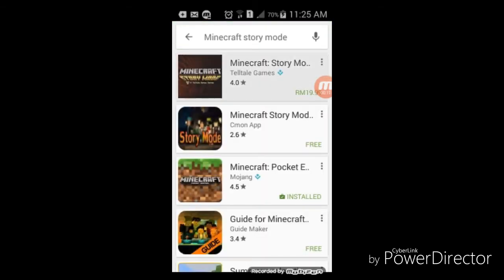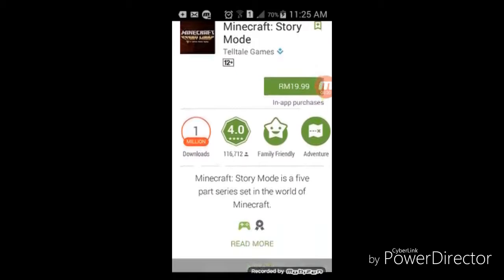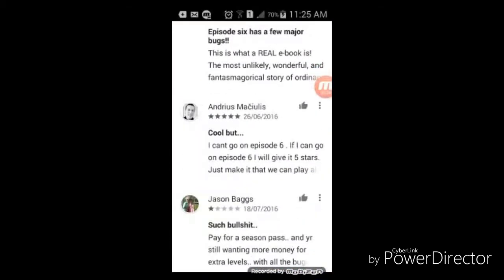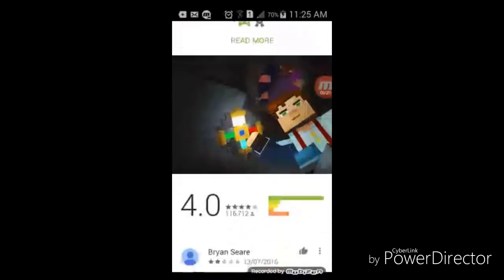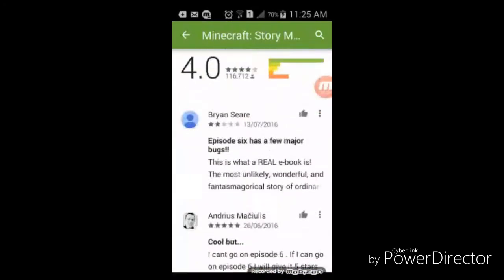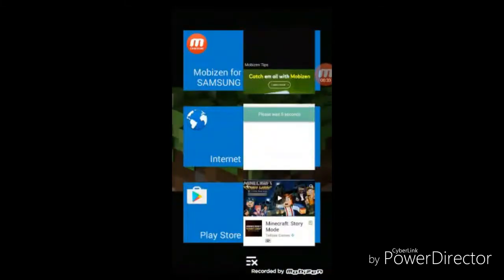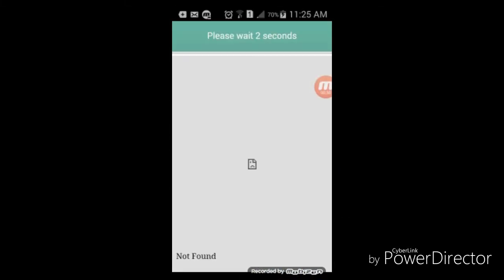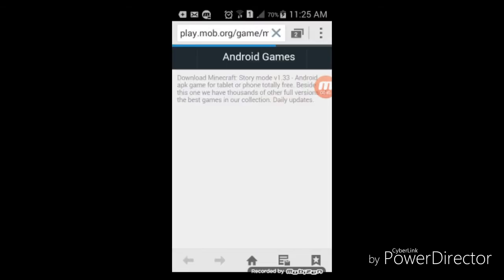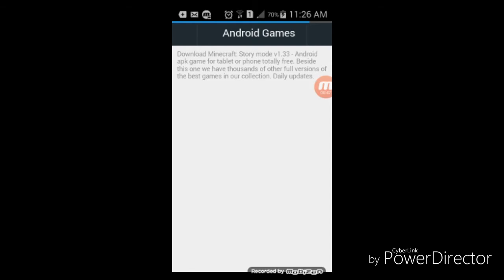We can download Minecraft Story Mode for free at the internet, at play.mob.org/game, Android games.